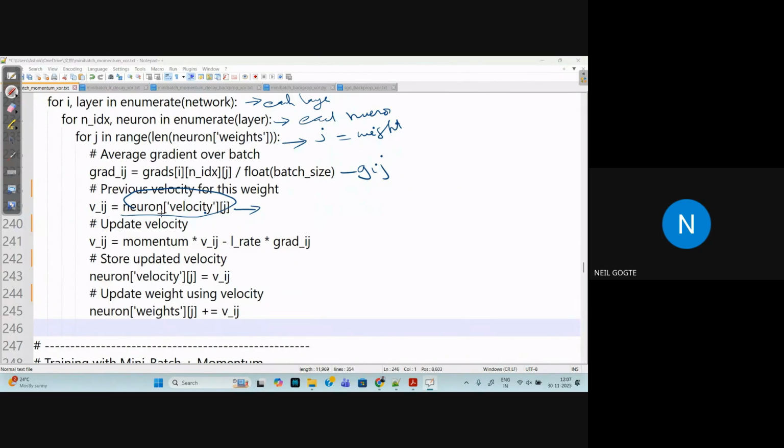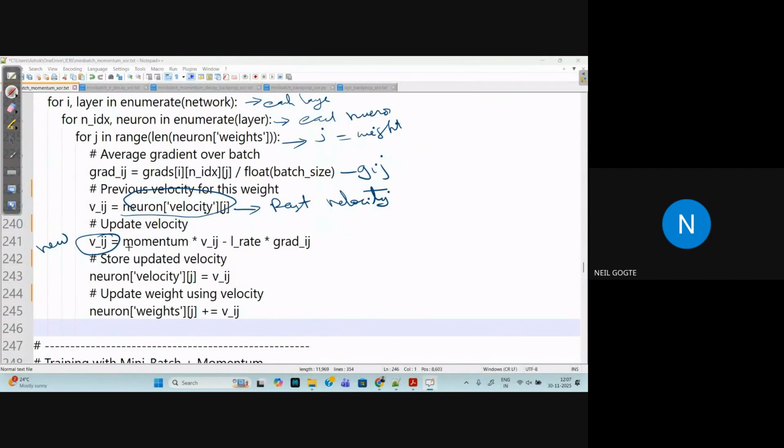So the velocity of that jth weight, or the momentum associated with that jth weight, is initially 0, but subsequently whatever is the past. This is the past velocity or past momentum, the old one. Yeah, this is the earlier one. Now the new momentum is equal to momentum